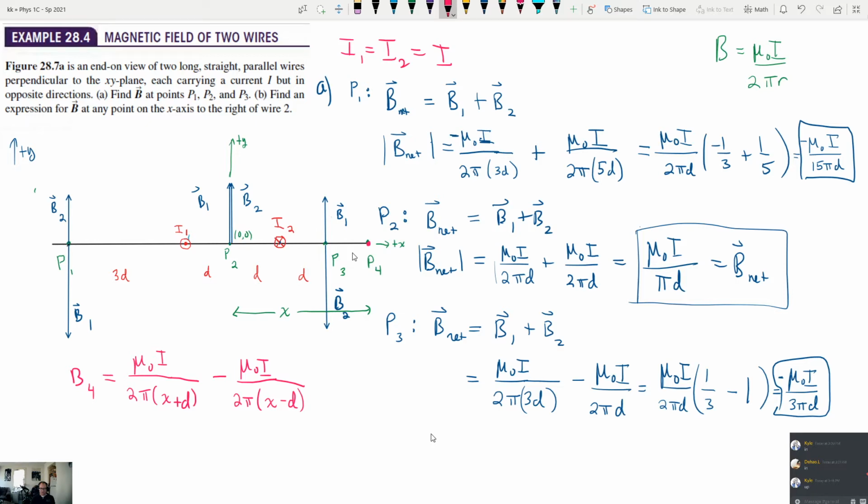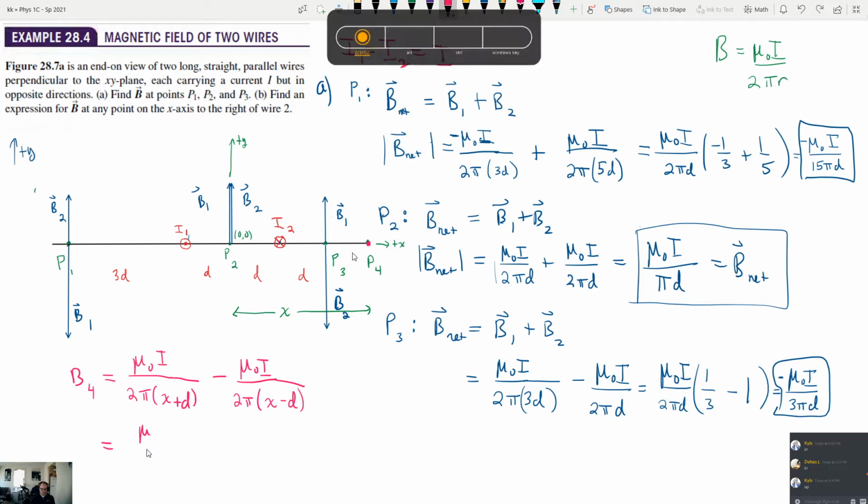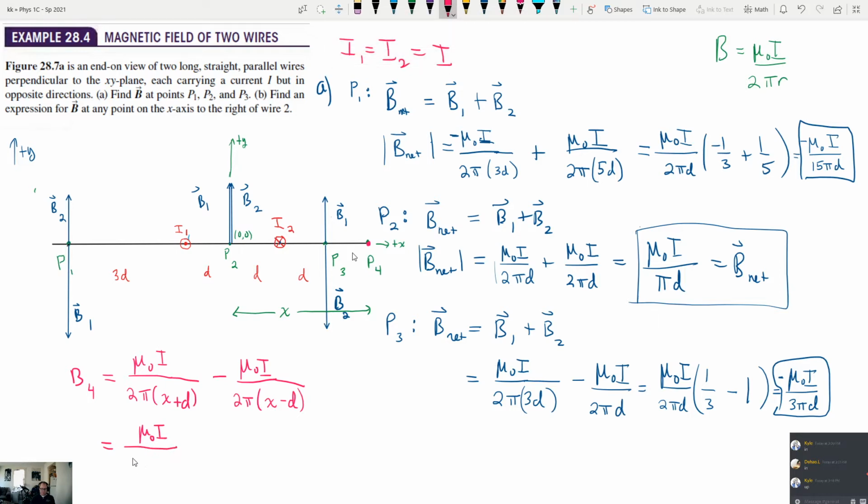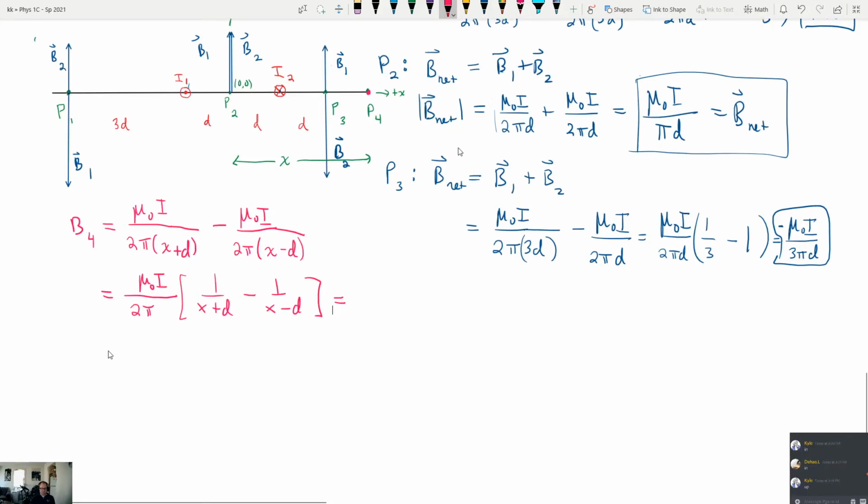Yep. And then we just group terms. Mu naught I over 2 pi times 1 over x plus d minus 1 over x minus d equals, I guess I have a little room to keep going here. I don't want to run too much into this though. So we'll just go down. So this equals